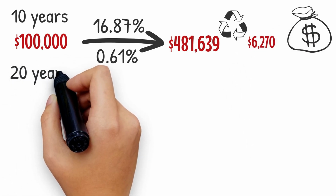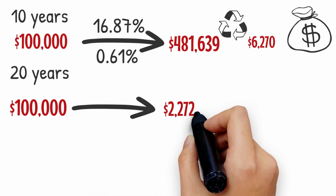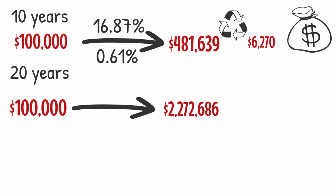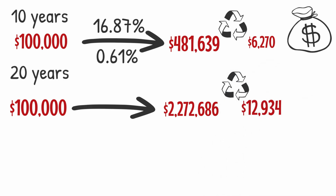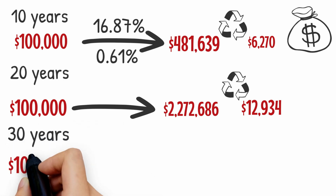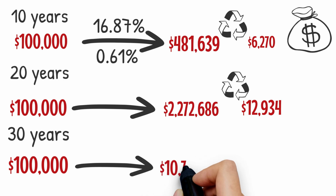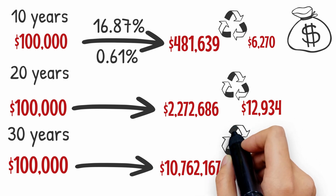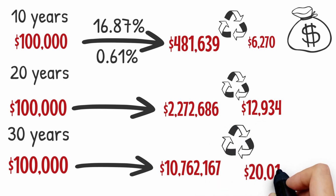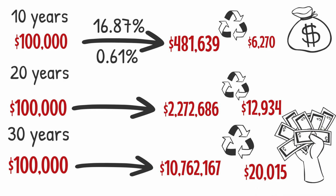If held for 20 years, your investment could grow to approximately $2,272,686. Of this, reinvested dividends would add about $12,934. After 30 years, the initial $100,000 could potentially reach $10,762,167. Here, reinvested dividends alone would contribute around $20,015, showing the strong impact of long-term compounding, particularly with high-growth funds like NASDAQ